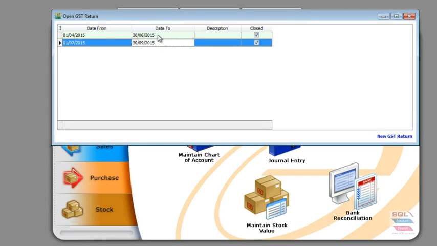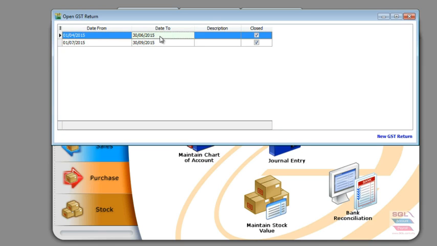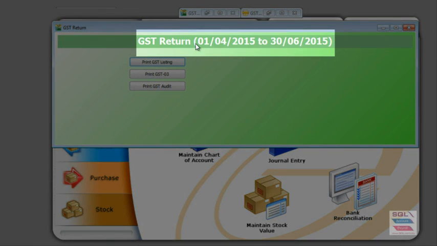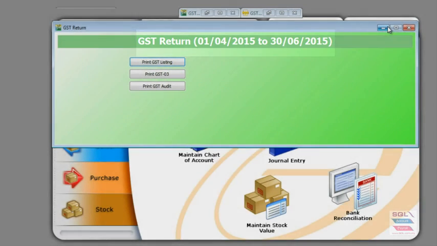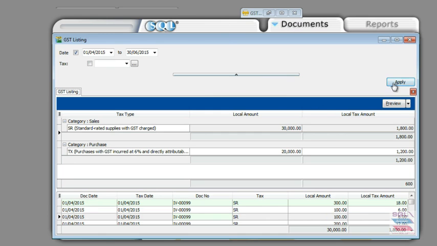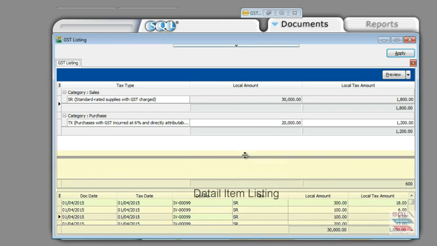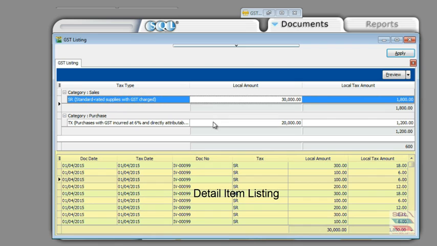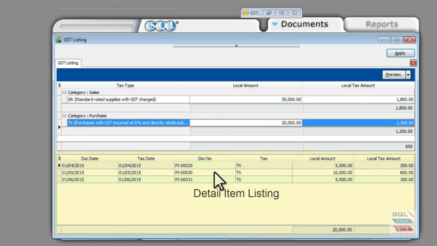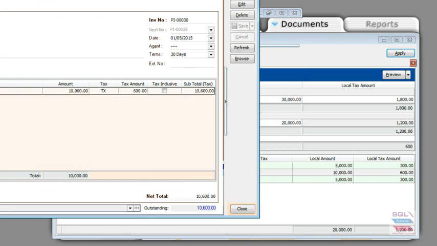So for example, here I have 2 cycles and I choose to open up the tax return for between April to June. If I double click on it, I will be able to see this screen from April to June, and then if I go to print GST listing or print GST 03 or any other reports, I will be able to open up screens like this one from April to June. As you can see here, it gives you a very detailed breakdown listing of what is in your standard rated for tax as well as purchases, and of course all this transaction can be double clicked to drill down to